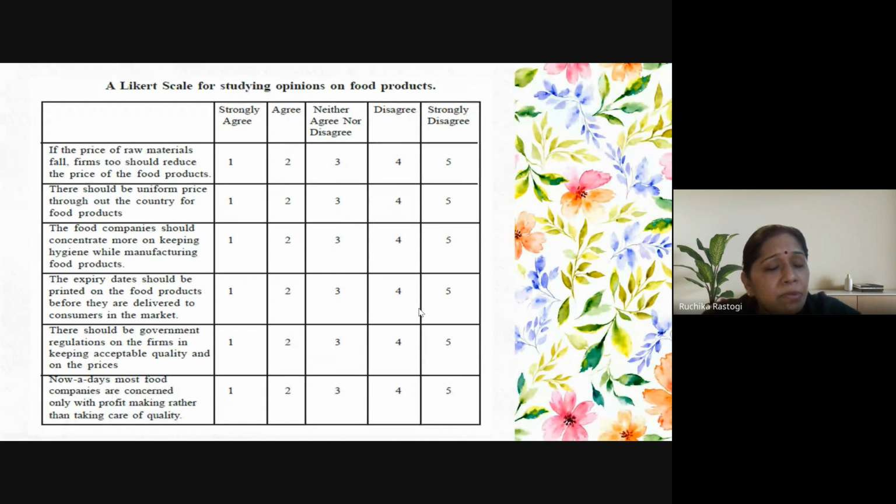And that's the point which helps us decide whether I should keep my Likert scale at 5, 7, 9, or 3 points. If I want to give more choices to my respondents, and if I think they are more sensitive, then I should use the questionnaire with multiple options, 5, 7, 9. And if I think my respondents are not very sensitive, they are very straightforward, and they don't like to give very detailed answers, then you can go with a very small scale, maybe a 3-point Likert scale or hardly a 5-point Likert scale.